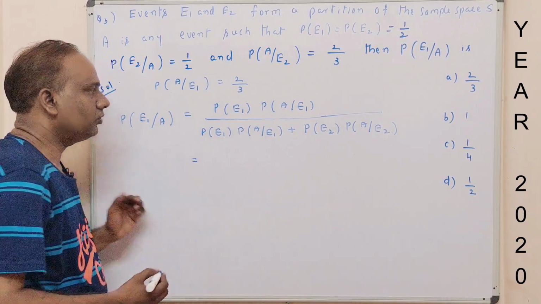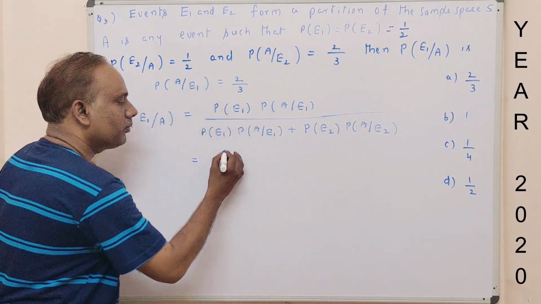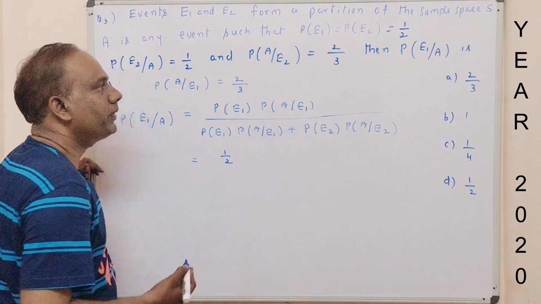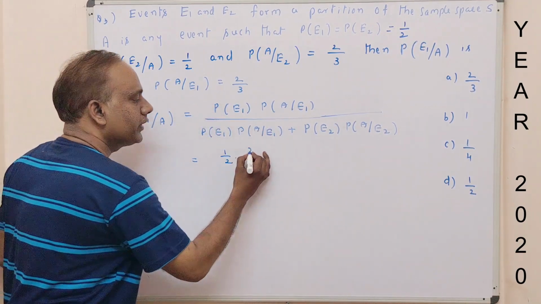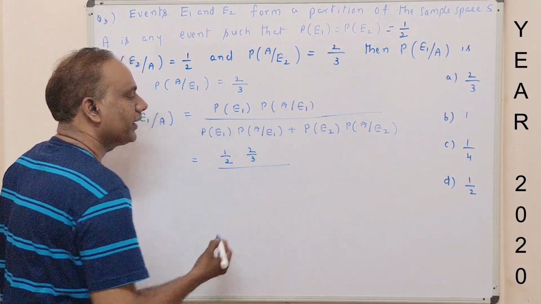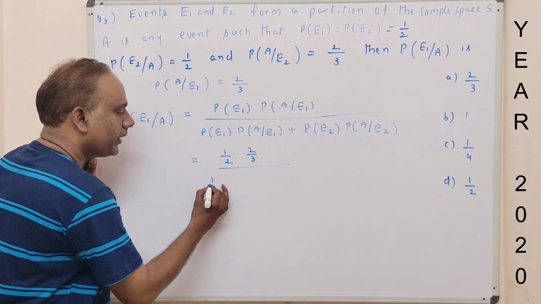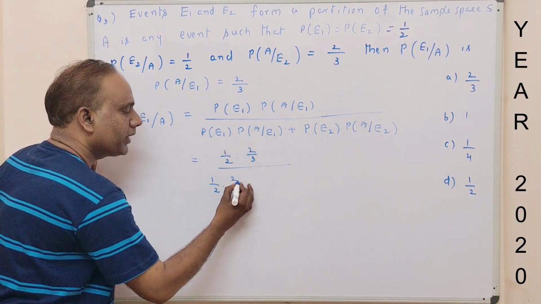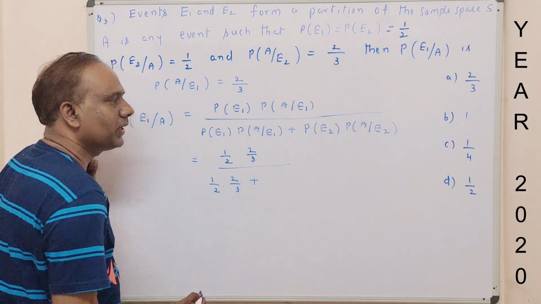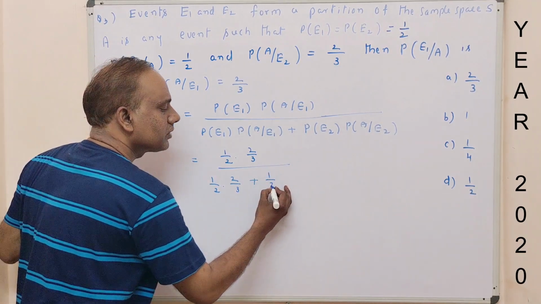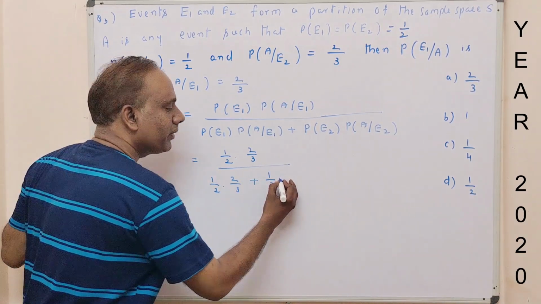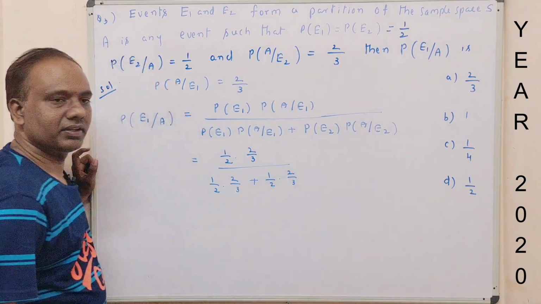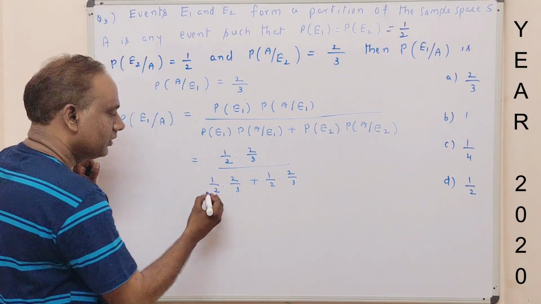So this is equal to, P of E1 value is 1 by 2 into P of A by E1 is 2 by 3, by P of E1 is 1 by 2, P of A by E1 is 2 by 3 plus P of E2 value is 1 by 2 and P of A by E2 is 2 by 3. Okay, now